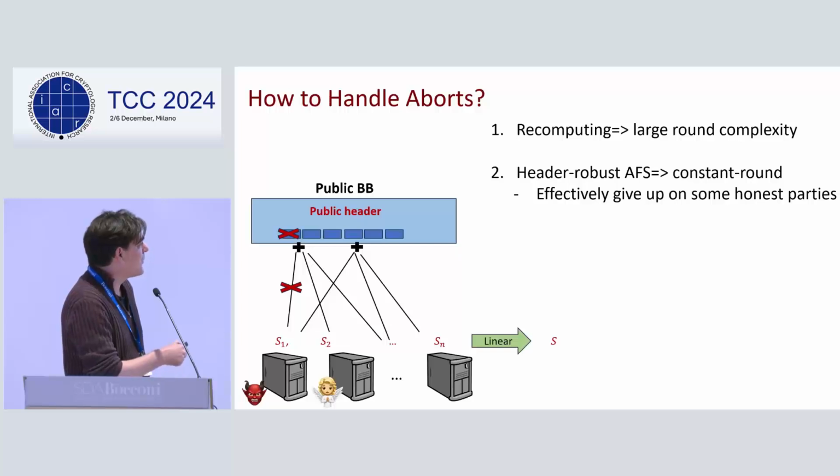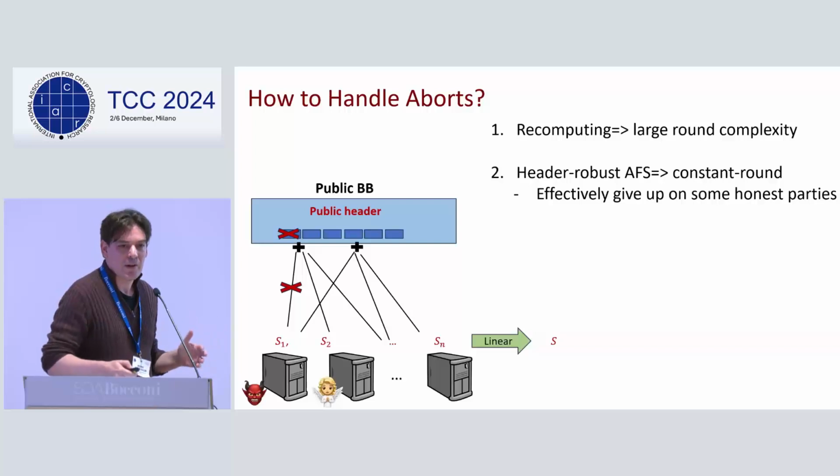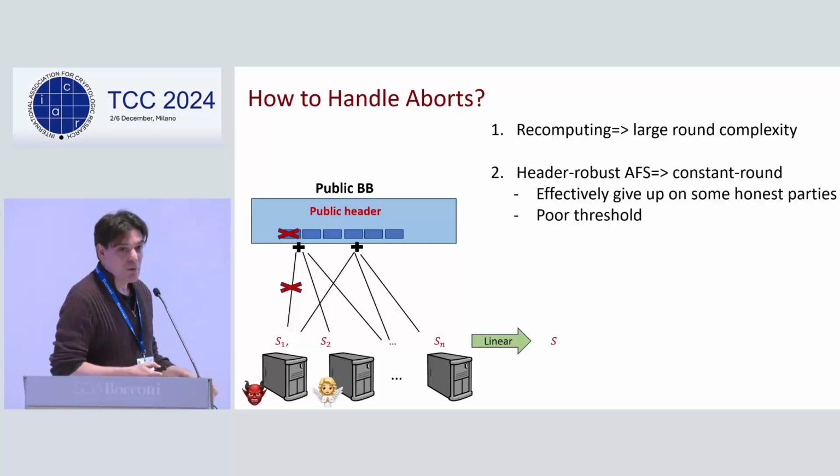So once we gave up on this thing, we also gave up on this party. So we have to update this linear mapping, and we can show that as long as the number of erasures here is sufficiently small, we can somehow handle it. So this can give you a constant round protocol, basically a 3-round protocol, but now you get a poor